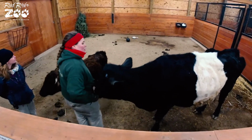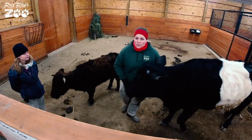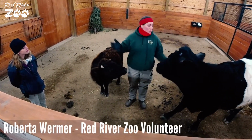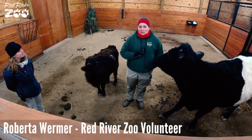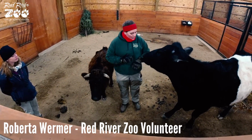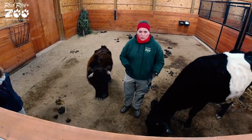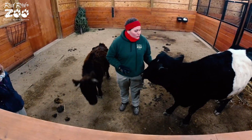It's one of the reasons they're such efficient animals, and one of the reasons we use them in agriculture is that they can take huge volumes of coarse food. You'll notice there's no hay left in here. We can't digest hay and produce any usable energy out of it, but cattle can. And so they eat large volumes of low nutrition food, process it, and then produce for us all kinds of